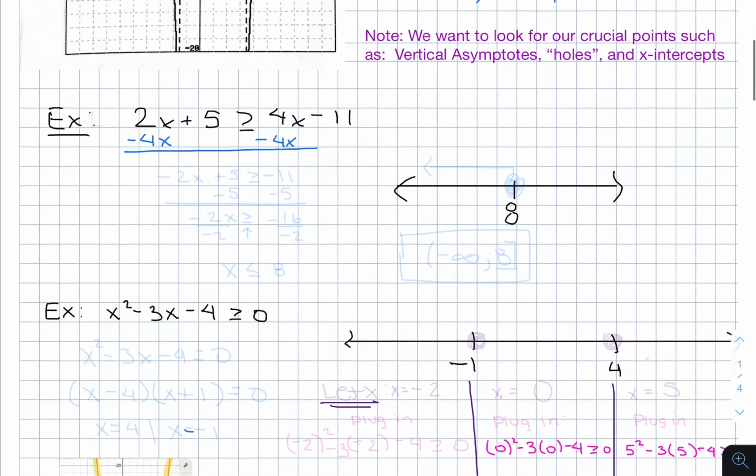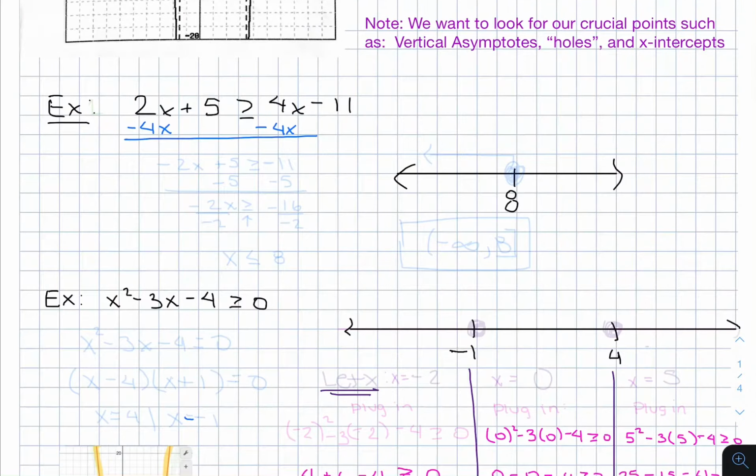If we look at this first case, you can tell that it's a linear function, so that means it has no vertical asymptotes or holes. And so all we have to do is look for the x-intercepts, which basically means to just solve for x. So if we solve for x in this case, I personally like to bring all the x values to the left-hand side because it makes it a little easier to graph. So if we subtract 4 from both sides and just do the math, we get -4 minus 4x minus 4x, and get that